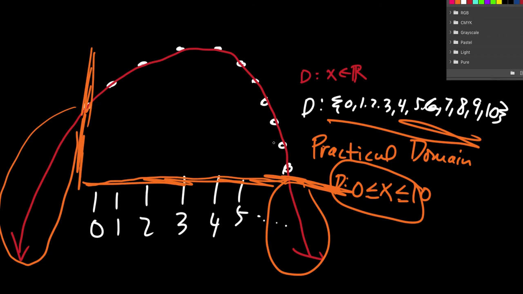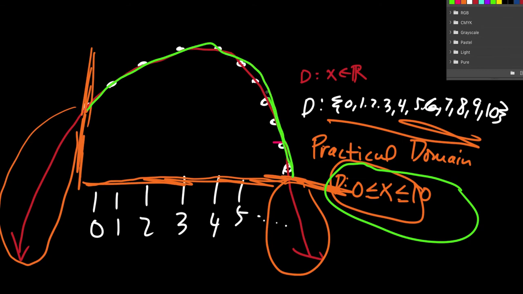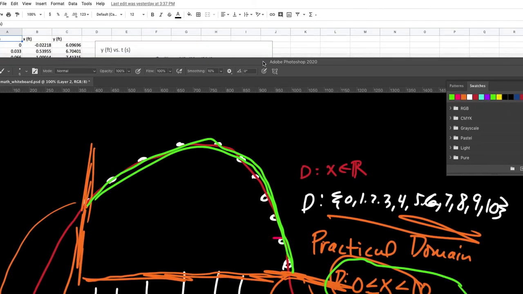And so it's like the orange portion right here, I'll draw it actually in green. This domain right here is representing only this piece of the curve. And that's called our practical domain because that is the domain that actually happened in real life. It's the practical part of our domain. And so on your assignment, there's going to be a couple questions that ask you about practical domain. Now, I just want to look at this in the context of our